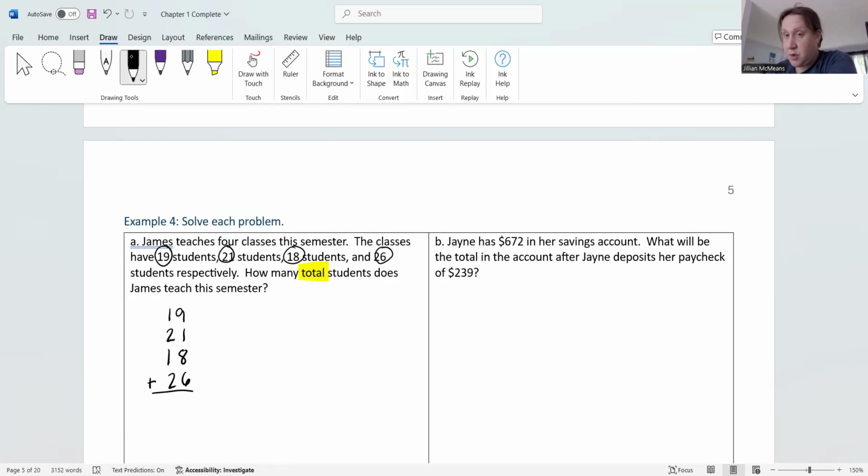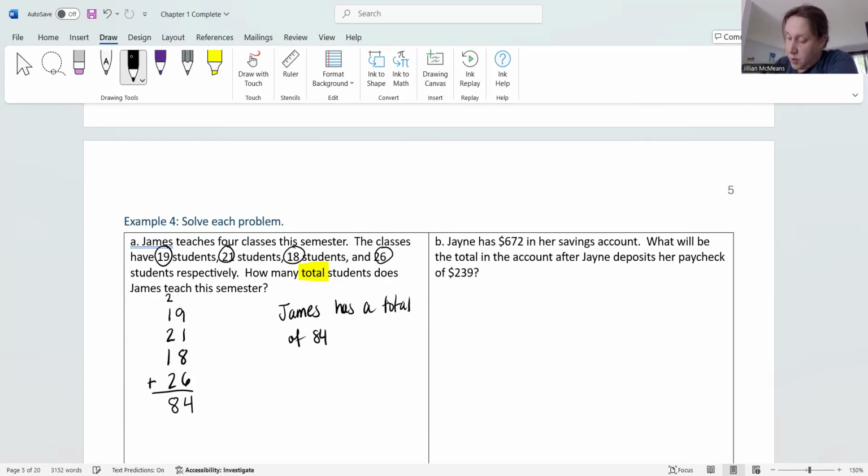So be careful when you add those 4 numbers. You could also do 9 plus 1 is 10. 10 plus 8 is 18. 18 plus 6 is 24. Either way you slice it, when you add that column of numbers, you get 24. So we want to keep the 4, carry the 2. Okay, now 2 plus 1 is 3. 3 plus 2 is 5. 5 plus 1 is 6. And then plus the 2 that we carried is 8. So total, we would say 84 students. So I would say something like James has a total